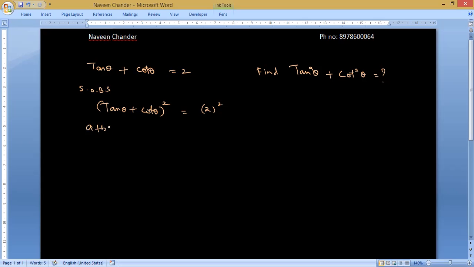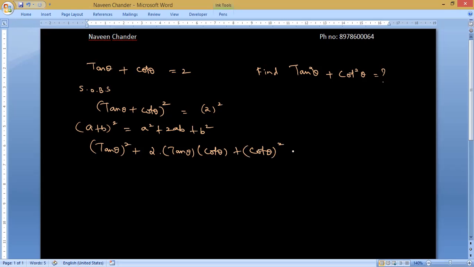Then the a plus b whole square formula we have to use in this case: a square plus 2ab plus b square. So tan theta whole square plus 2 tan theta into cot theta plus cot theta whole square is equal to 2 square, which is 4. Tan theta whole square is nothing but tan square theta plus 2 tan theta cot theta plus cot square theta